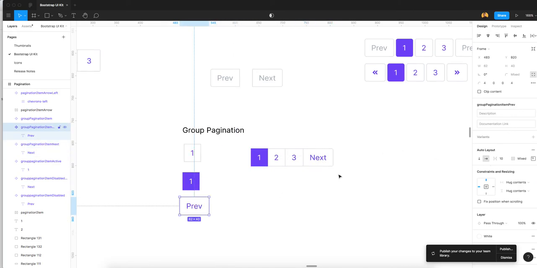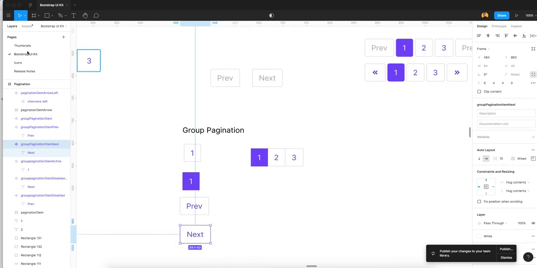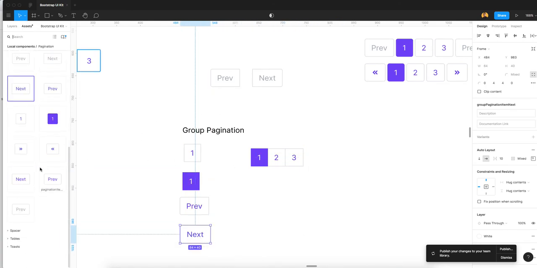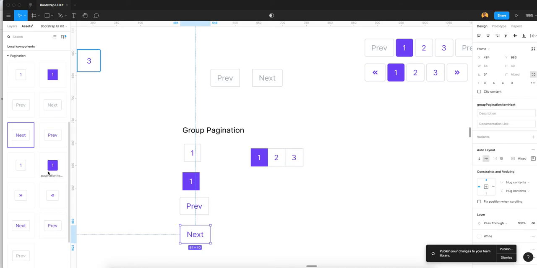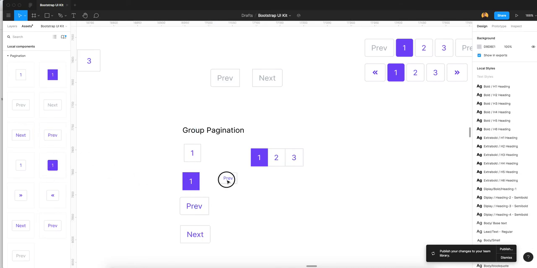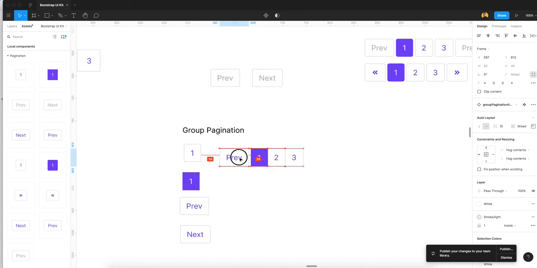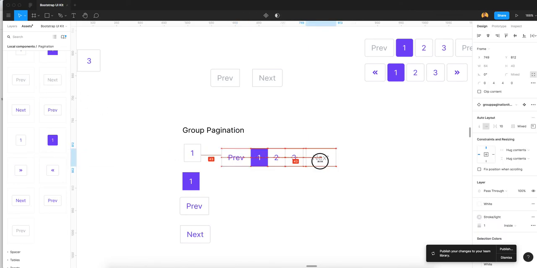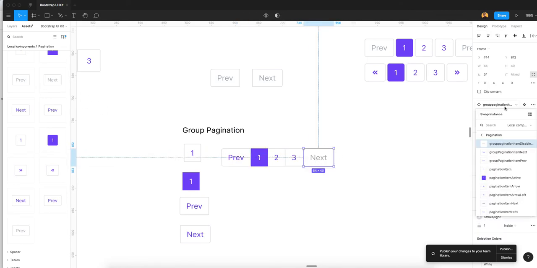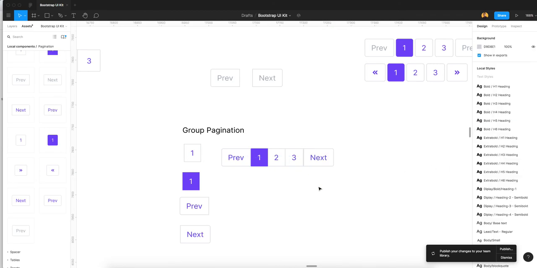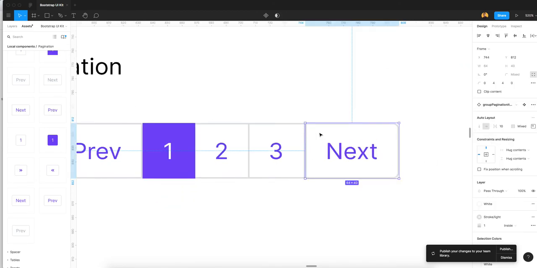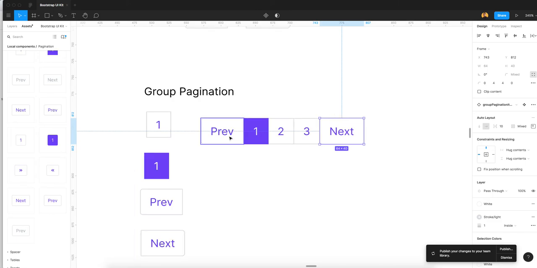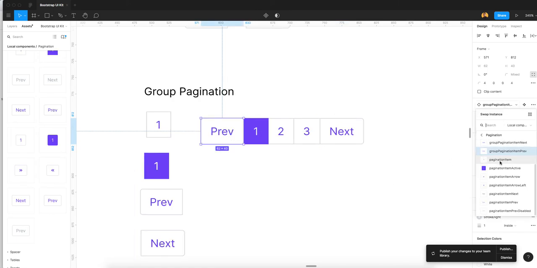So we just move it to here, and now we go, and you need to find your previous next group. So you will find here with the name of group. Just drag and pull it here, and you will find here next component with this disable state. You will click anytime to be active. See, this will be created next, and now we will create pagination as a